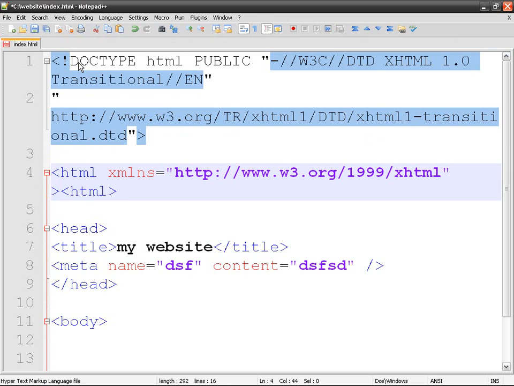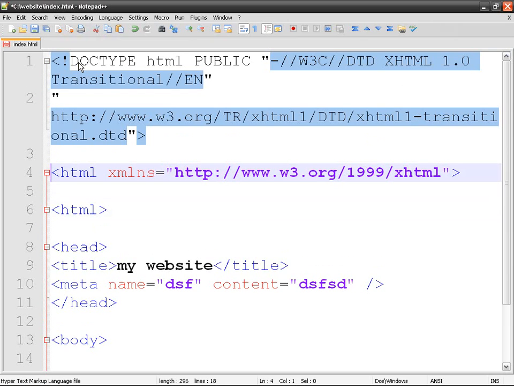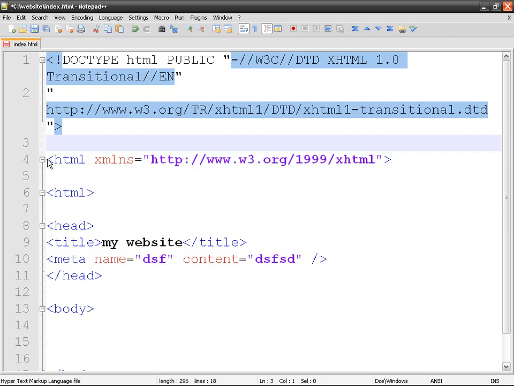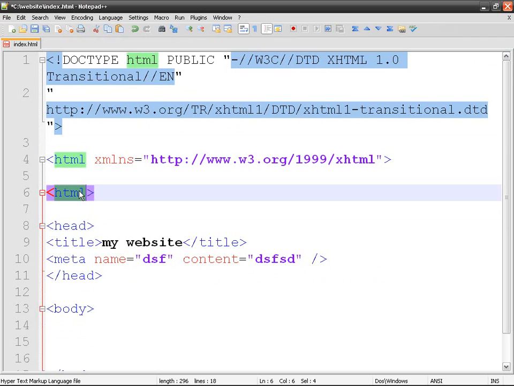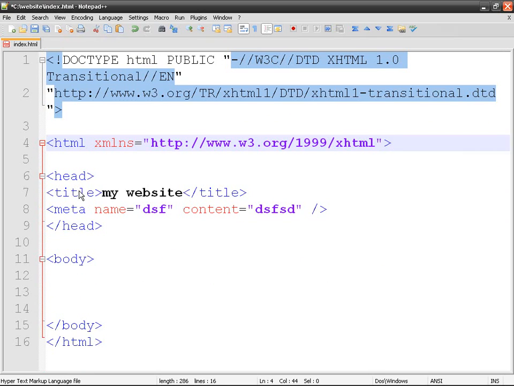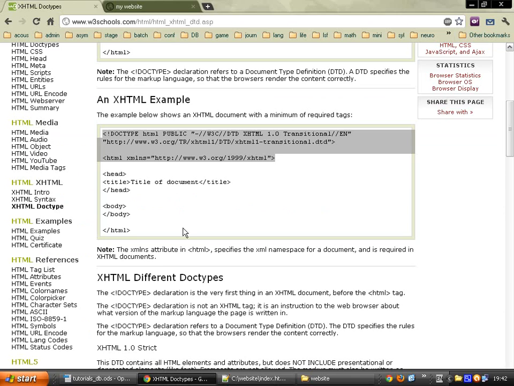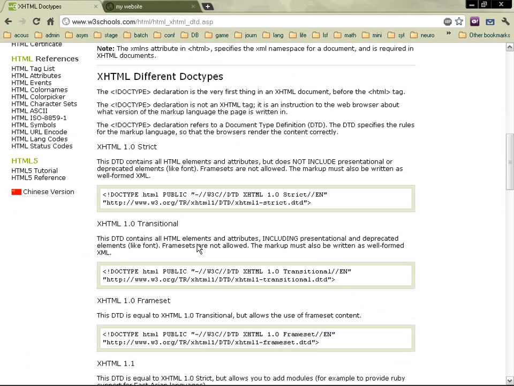But be very careful, because the xmlns is an attribute for HTML, so you don't need another opening tag for HTML, because having 2 root elements is not possible. So you do like this, and okay, so you go back,